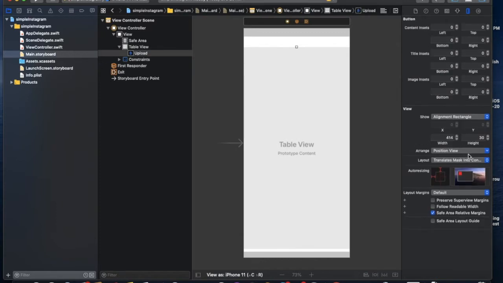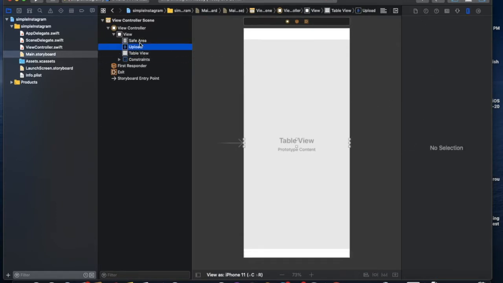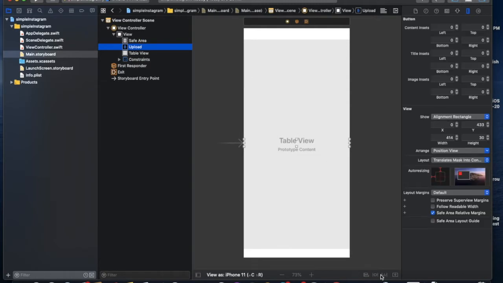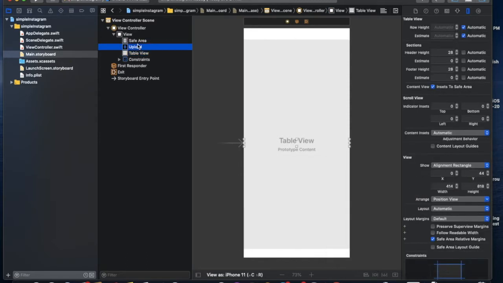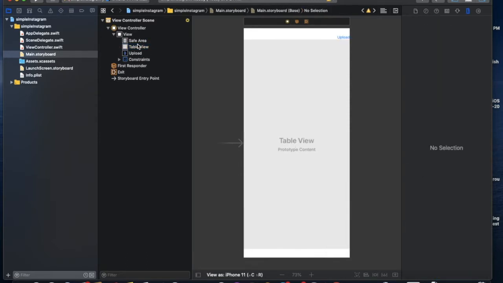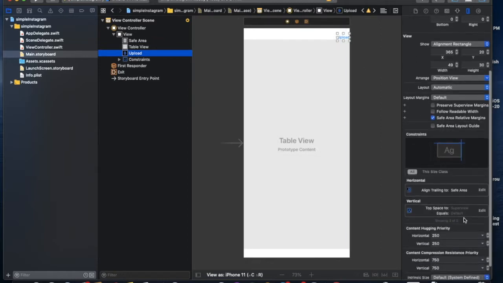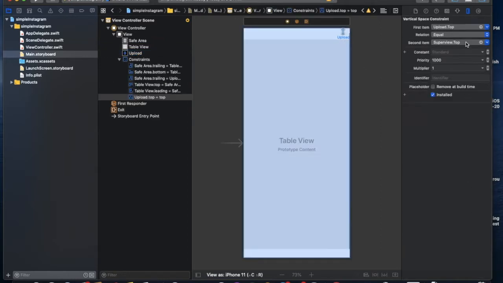So we update the constraint so it's not a part of the table view, it's just outside the table view. We just update the constraint as top to not the super view but from safe area and make it 0.